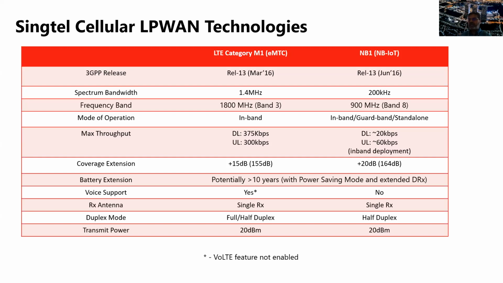this coverage extension and the extended DRX modes of technologies, of course, your battery will have an impact as well, because it has to retransmit. The concept of this coverage extension and extended DRX is obviously based on retransmitting signals, which means there are additional cycles on the device to be able to retransmit or transmit. So the battery power consumption could be higher, but then it is a trade-off.